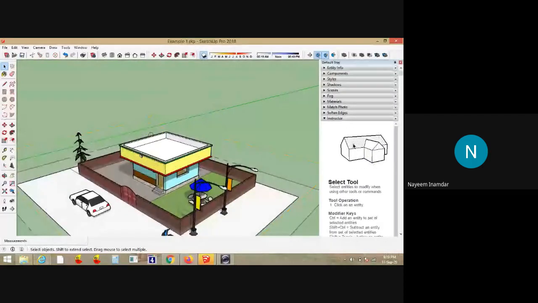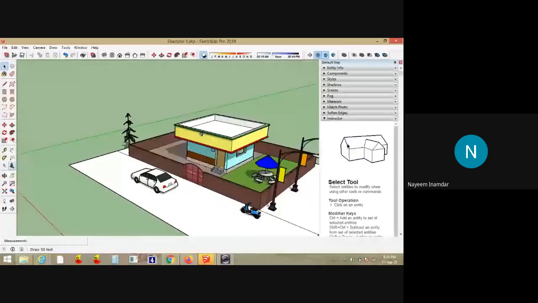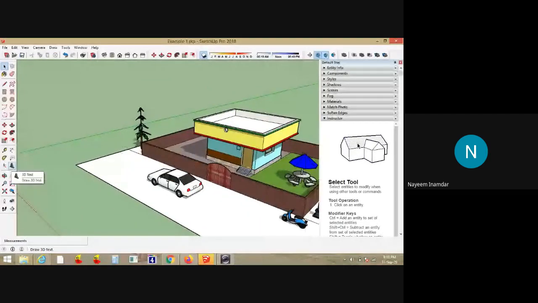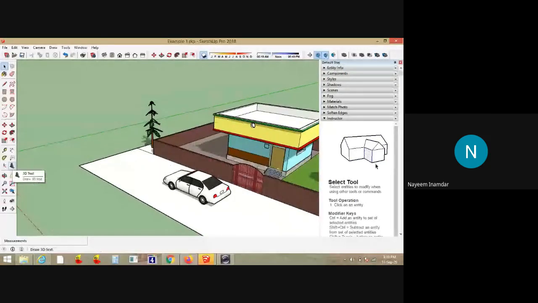I'll just delete all these excess layers. This is about the tool. Suppose if you would like to number, or if you would like to text anything on the model, you just go to the text here. So 3D text is there.